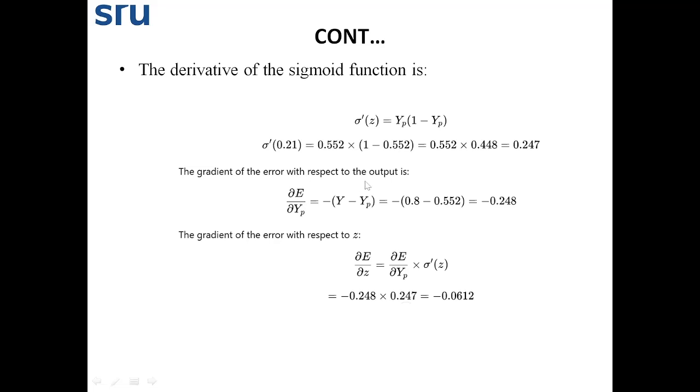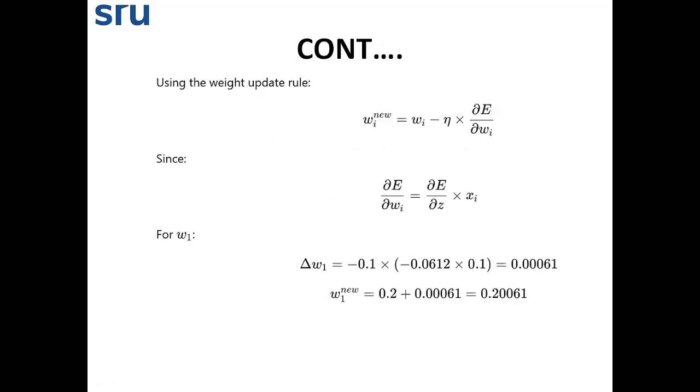The gradient of error with respect to output, partial derivative of E with respect to yp. When we compute this, we are getting minus 0.248. The gradient of error with respect to z, when we put in all these values, we are getting minus 0.0612. Then using the weight updation rule, Wi new is equal to Wi minus eta into partial derivative of E with